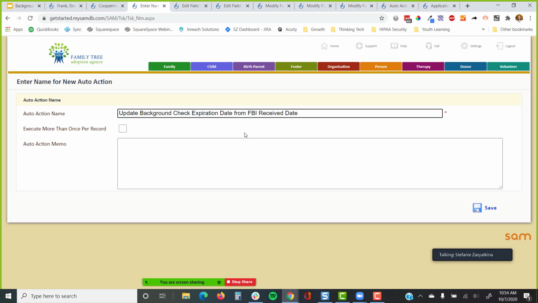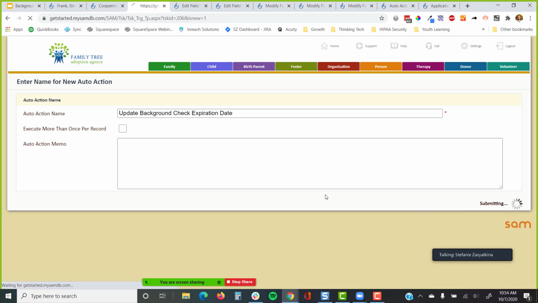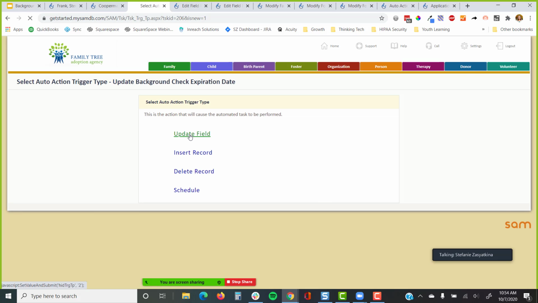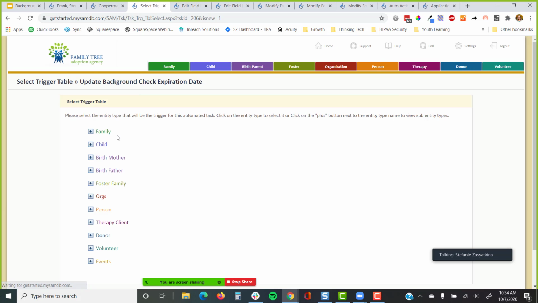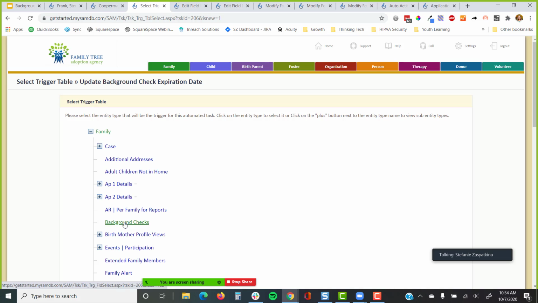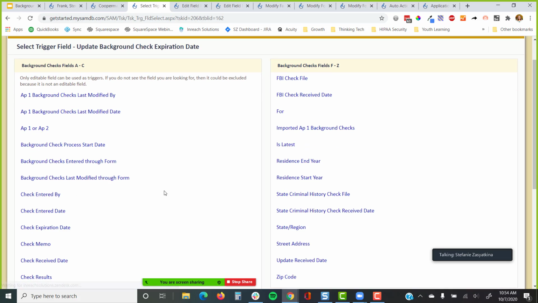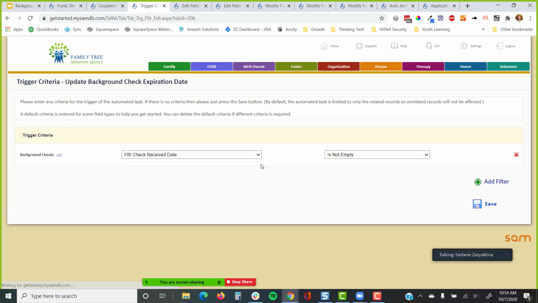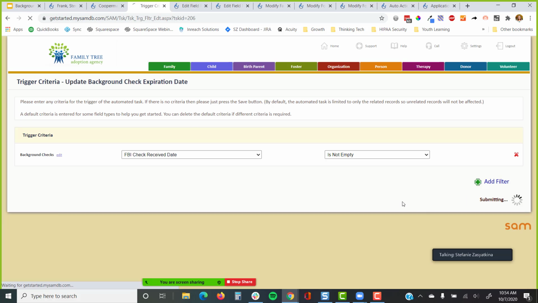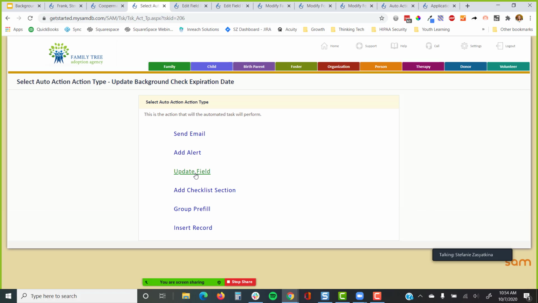It needs to be something that makes sense for your team. It doesn't have to be like this. It could just be this. I'm going to tell it when I update a field, and then I'm choosing what table. Obviously, we're talking about the background check, so that's the table I'm going to select. And when it is the FBI check receive date, when it's not empty, save, I'm going to update a record,